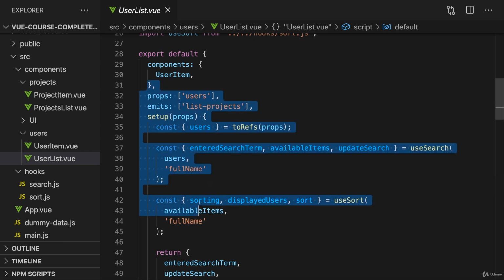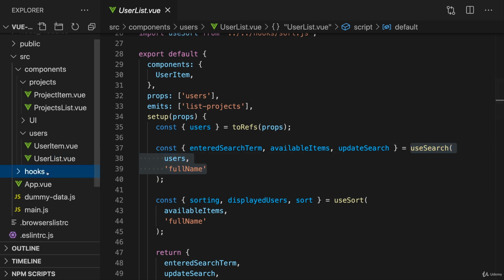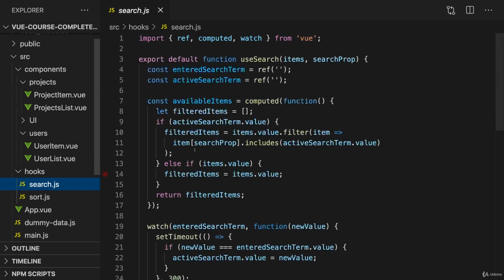Now I migrated it to the composition API, and now the advantage could be that we now have all the search logic in one place. Actually here in a custom hook, in a custom composition function which I created,